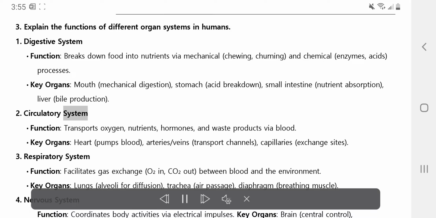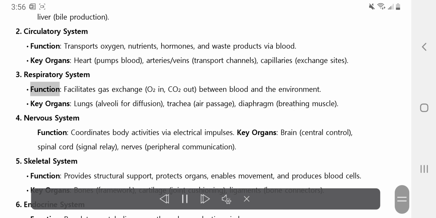Circulatory system. Function: transports oxygen, nutrients, hormones, and waste products via blood. Key organs: heart, pumps blood; arteries/veins, transport channels; capillaries, exchange sites. Respiratory system. Function: facilitates gas exchange, O2 in, CO2 out, between blood and the environment. Key organs: lungs, alveoli for diffusion; trachea, air